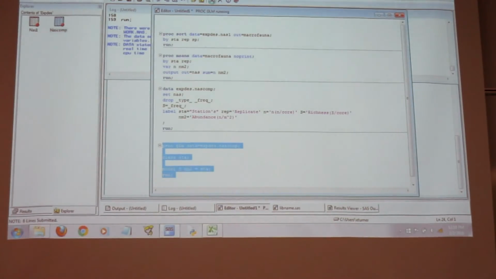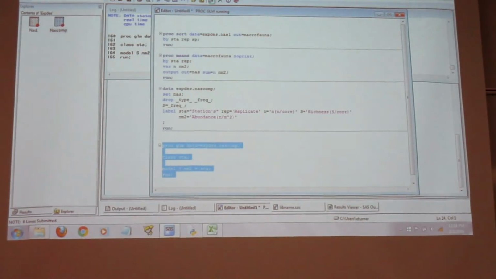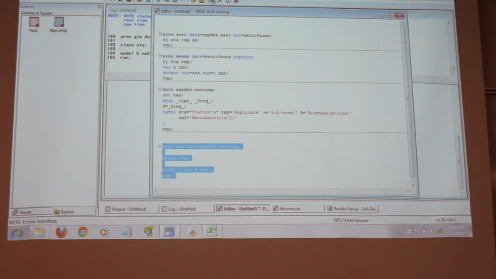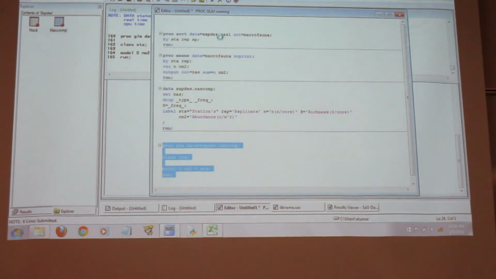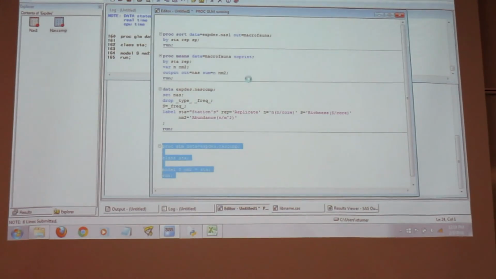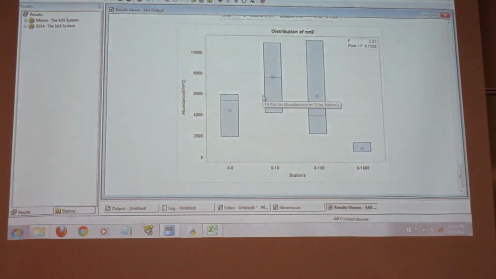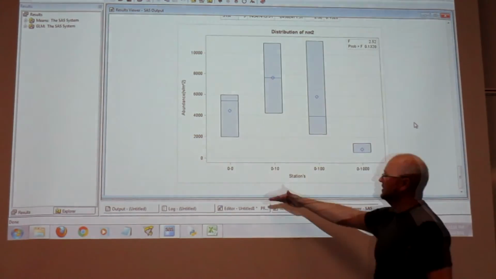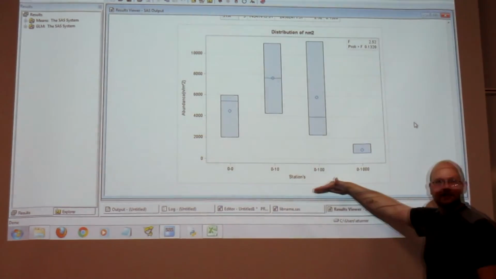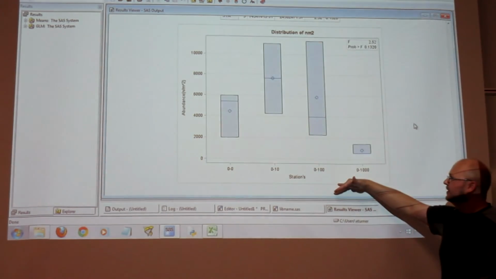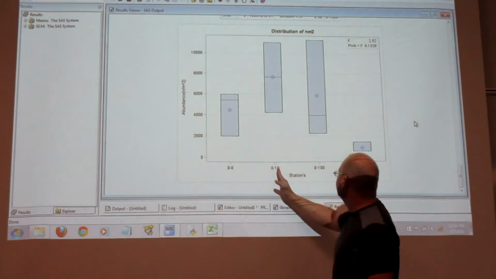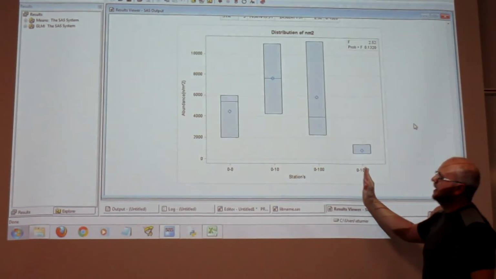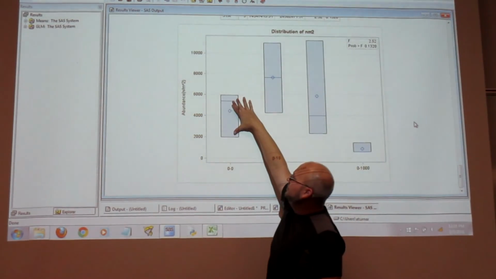This is going to give us our graph. Okay, there we go. So when I run, like I said, the X side, that's the stations, the class. So we get, these are the 4 stations. And this is the means of abundance.